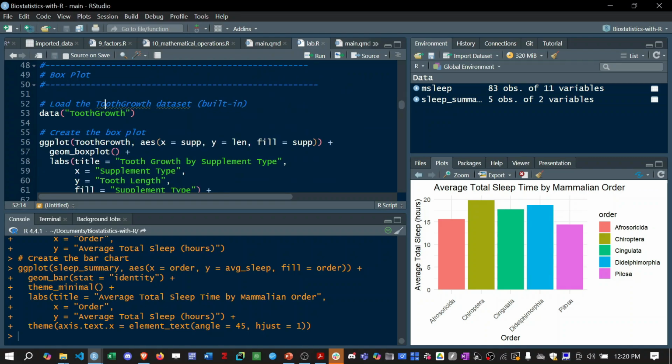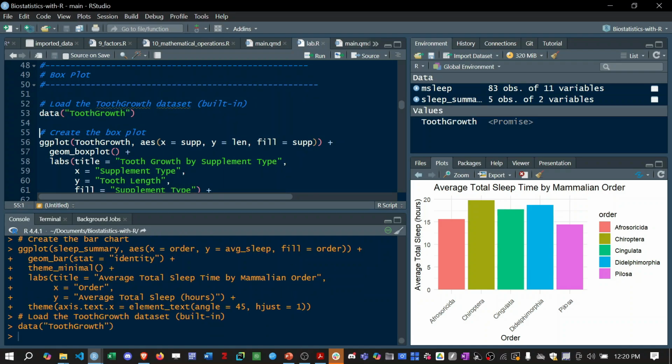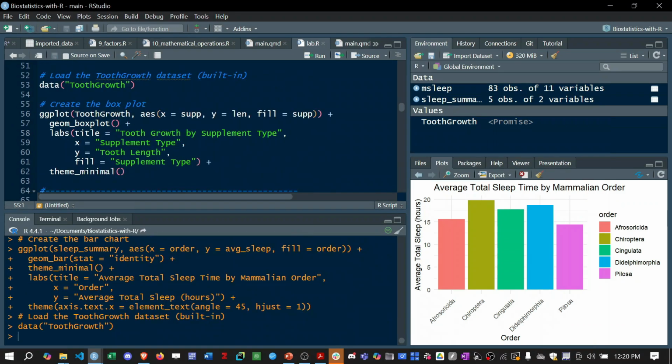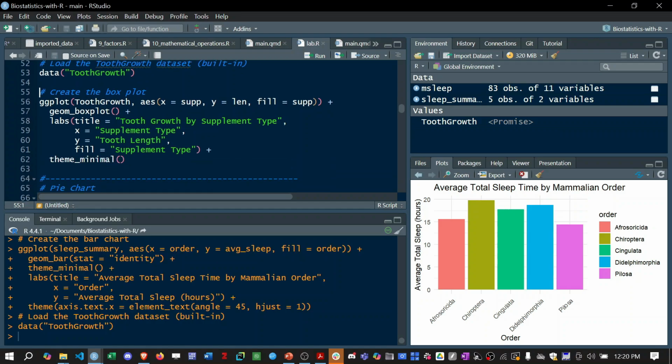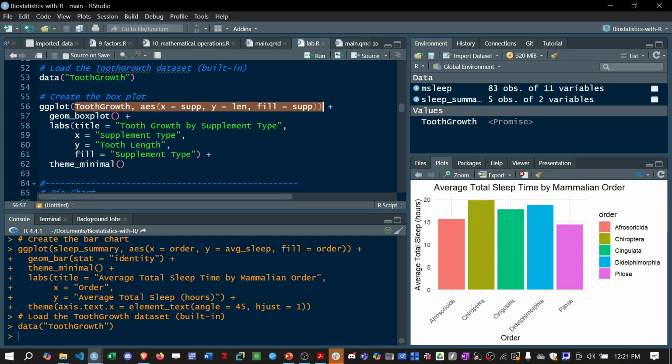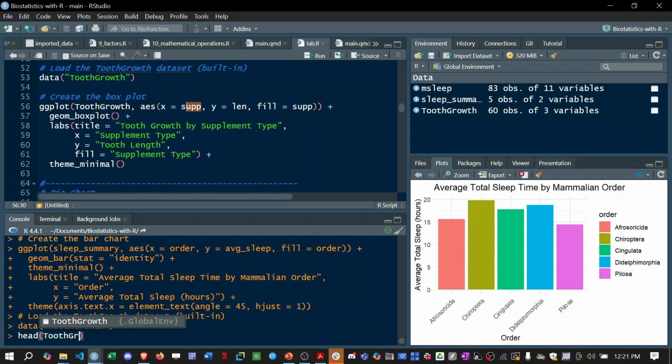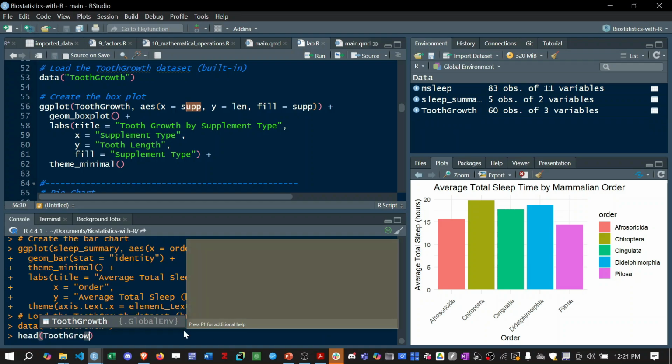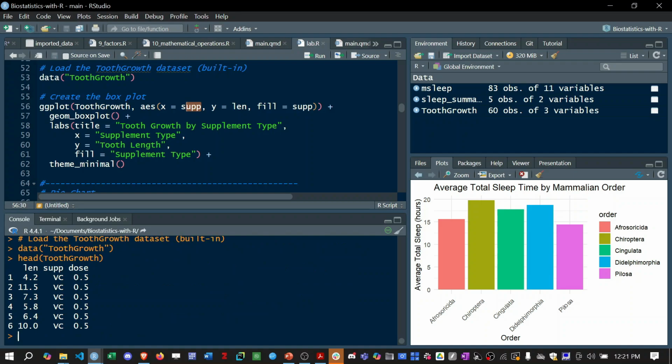Then next we have the box plot. I'm going to be using the tooth growth data, just like I showed you earlier on the slide. So we run this. When you run the tooth growth data, you already have it. Then this should not be new to you. All of these are not new to you. So we are going to be using x-axis as supplements. Let us view the tooth growth data. So the length, supplements, and those. So I'm going to be using the supplements